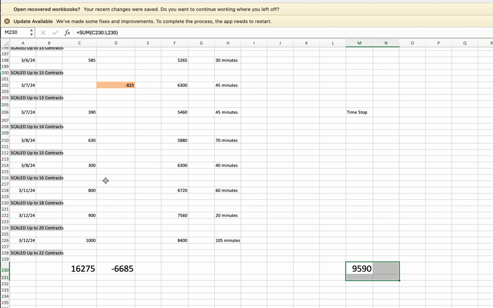Now that I've hit this initial goal of $1,000 per day or per trade and 20 contracts, I took today off. I might take the rest of the week off, and then we'll start again on Monday, and maybe even before Monday. I don't know. We'll see. But at the latest by Monday, we'll start in on leg 2 of this project, which is the march up to $2,000 a day and 40 contracts. So that's just a real quick update of where I'm at and what's to come next.